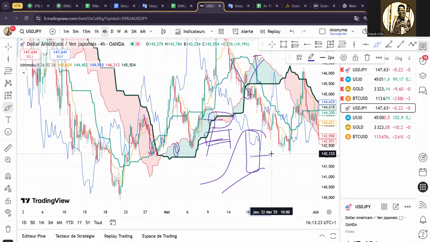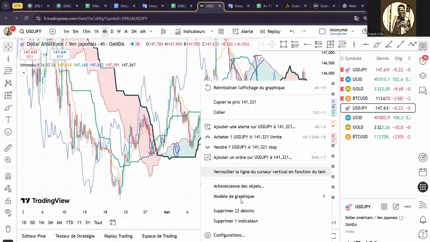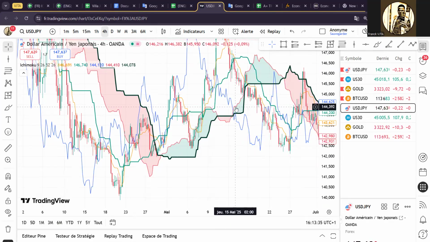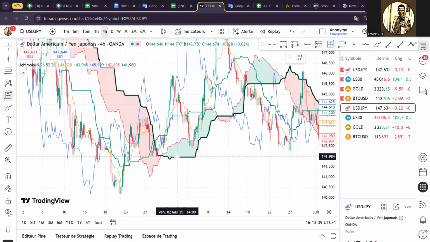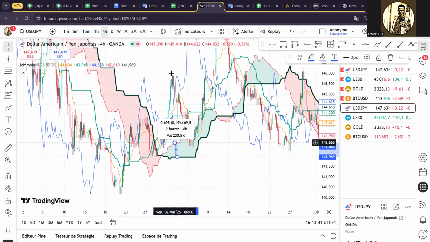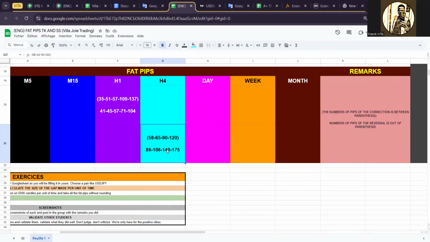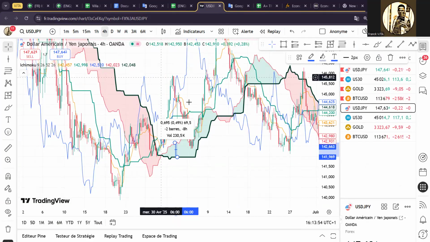Speed of correction and speed of reversal are not what triggers. It's just some complementary element that you can keep in mind. You should be aware that when I already have 69 pips on the 4 hour, I need to know that I will have a correction, because I am between 58 and 69. But below 50, I know that I can continue. The cloud can continue